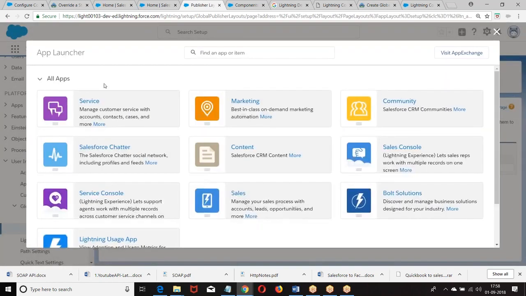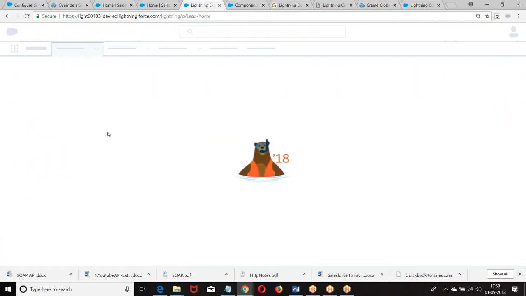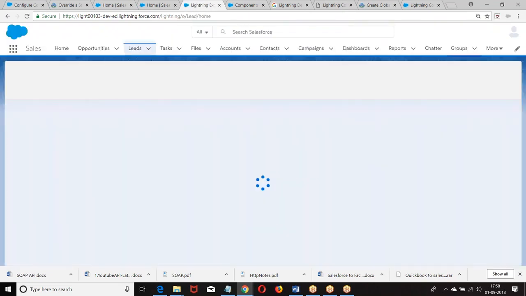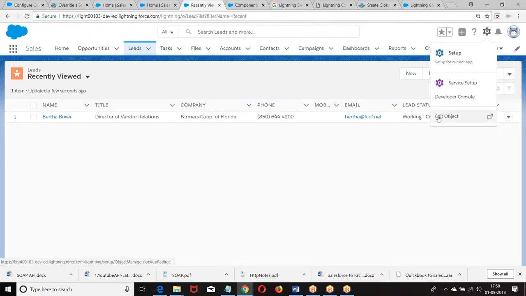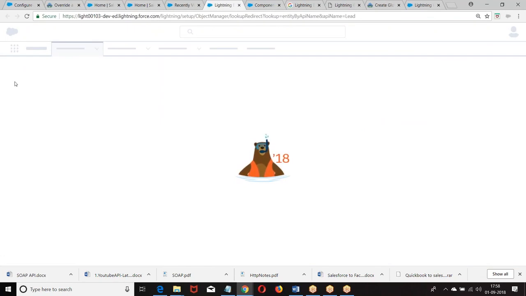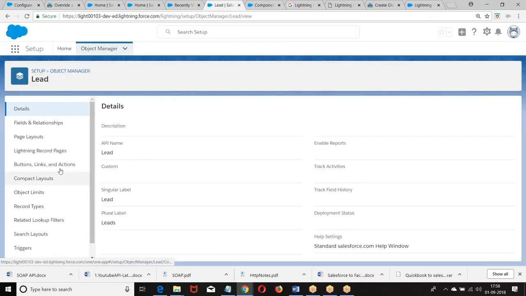Go back to the lead. So I'm just trying to delete what is already available. Go to page layouts.